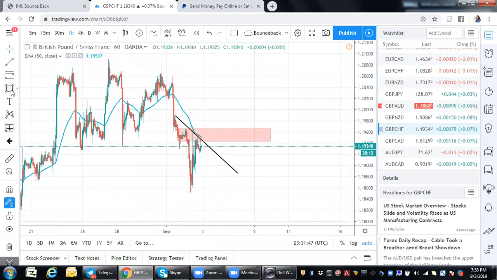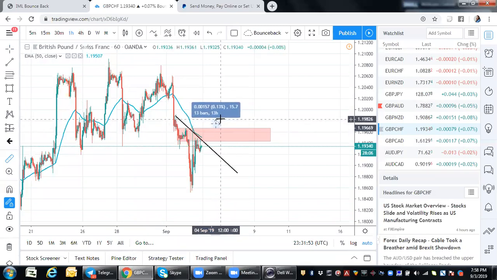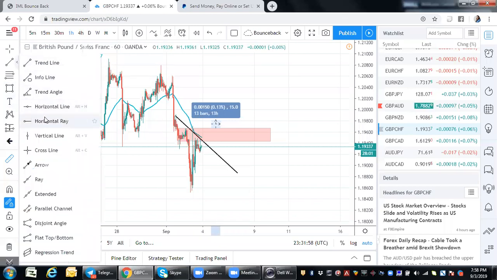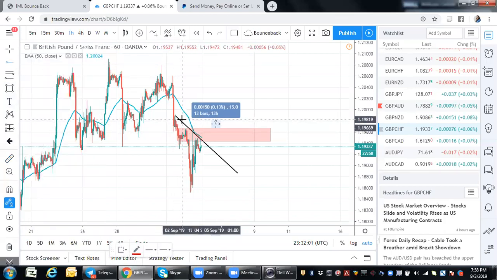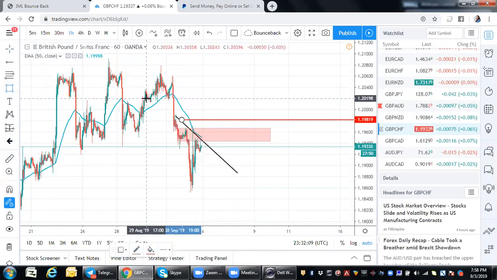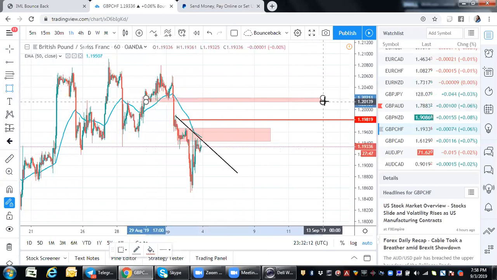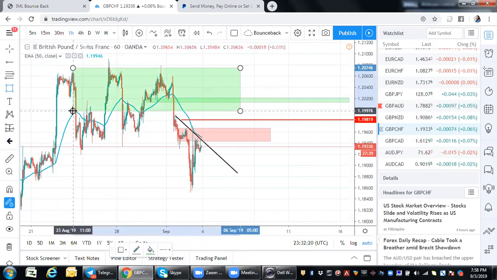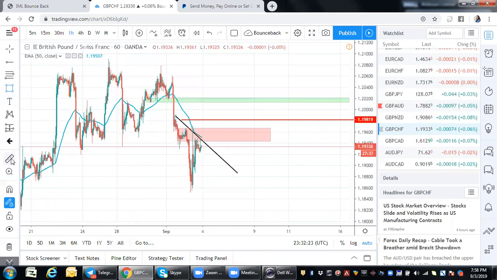So buy stop, if you wanted to enter buy stop, enter around here. Let me just set it for you. Here, right? Decent area, 15 pips above structure, and your take profit zone is here. This is take profit right there, right? Sorry. That's your take profit zone. That would have given you